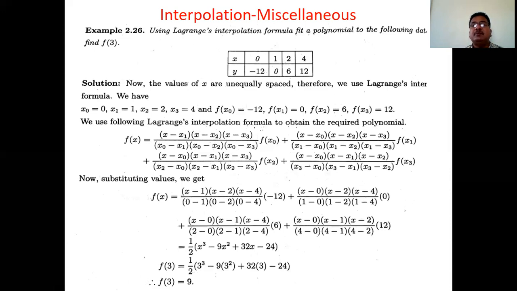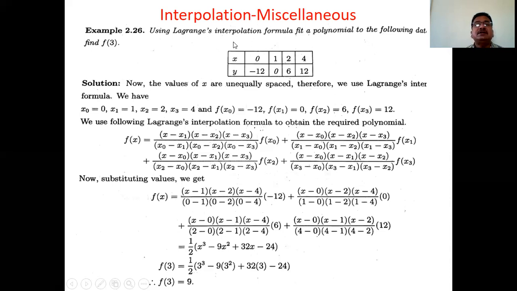But if the values of x are not equidistant, then we have to use Lagrange's interpolation formula. We cannot use Newton's forward or Newton's backward. But if the values of x are equidistant, and we have to fit the polynomial to the data, then